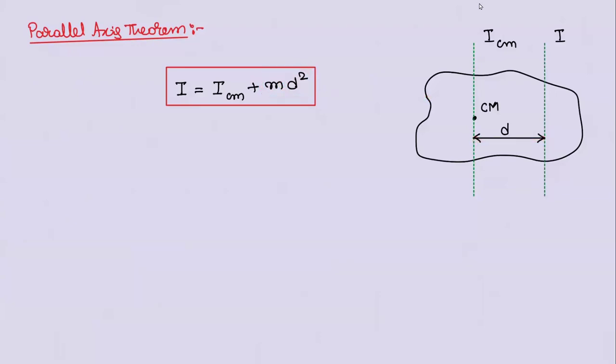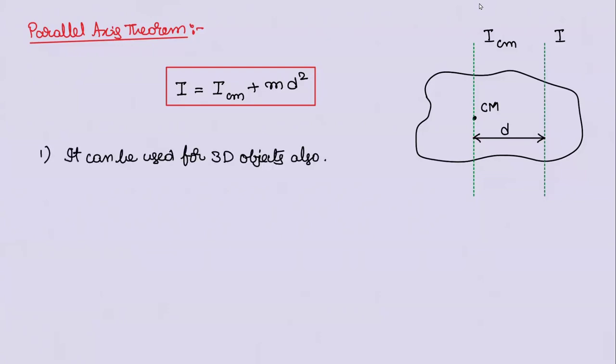Last class, we did a problem where the moment of inertia of the object is minimum about the center of mass. By observing this theorem, you can find the same statement. Moment of inertia about any axis is equal to moment of inertia about the center of mass plus something. Mass cannot be negative. d may be negative, but d squared will be positive, so this is always a positive value. Which means the moment of inertia about the center of mass is minimum. I can indirectly tell that. Anyway, let us continue with the